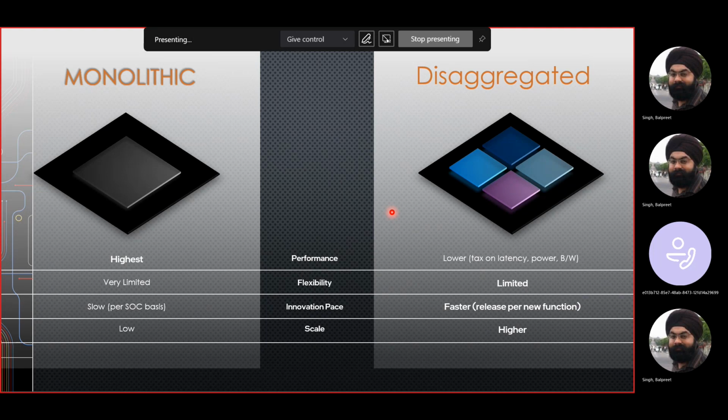Now how much compromise you will make, that's for you as a designer, as an architect, to decide and make the call. The flexibility is very limited when you do single SoCs. You have to build the entire SoC at once. You have to do the yield study for the entire SoC, and it will mature at the same point in time. You can't add a simple function. Let's say tomorrow I have a CPU and I want to add a couple of new instruction sets pertaining to